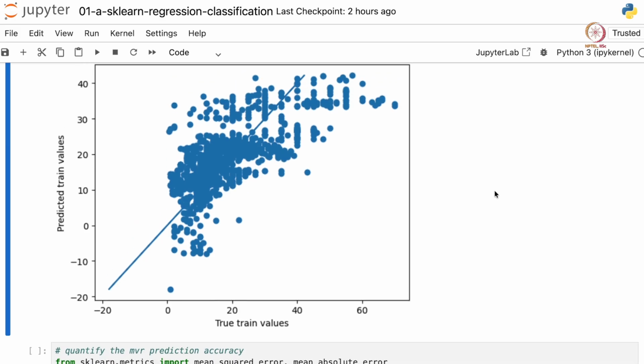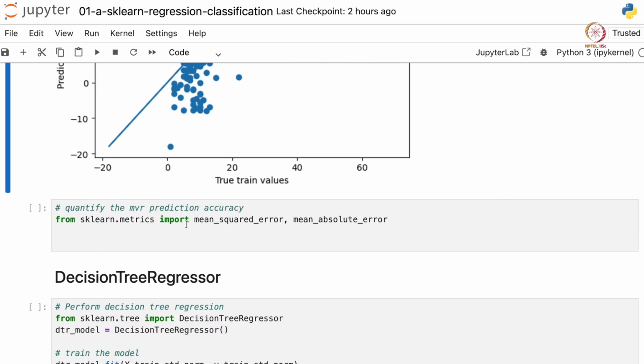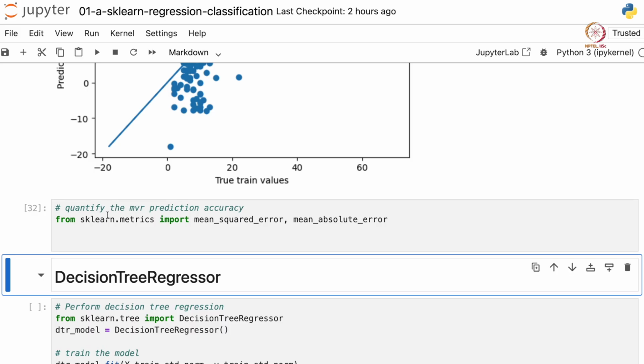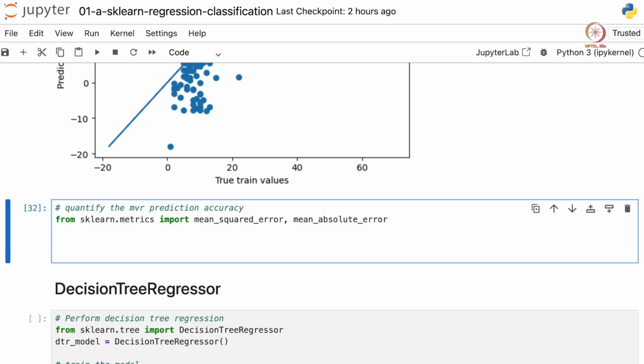We can also get a metric, a number for how good our training has been. To do that, we can call the mean squared error and the mean absolute error functions from sklearn.metrics. So let us import this and then pass our predicted and true values to these functions.